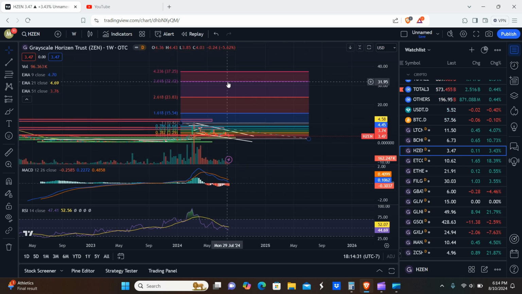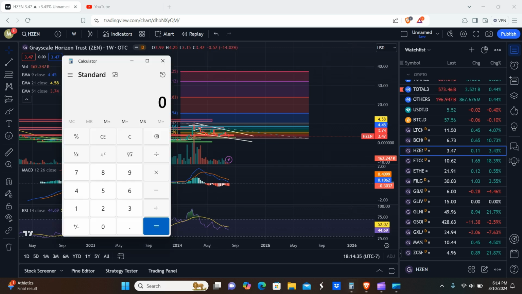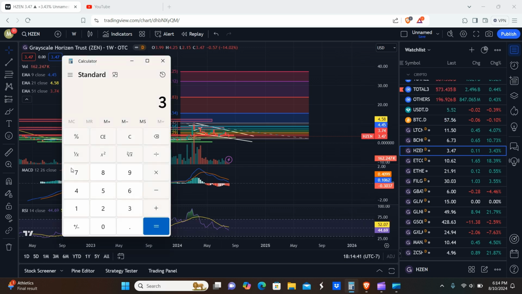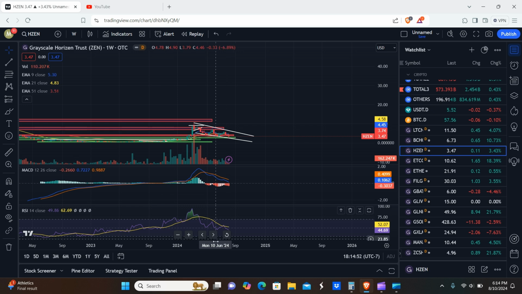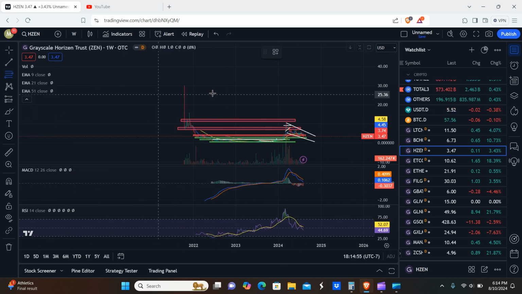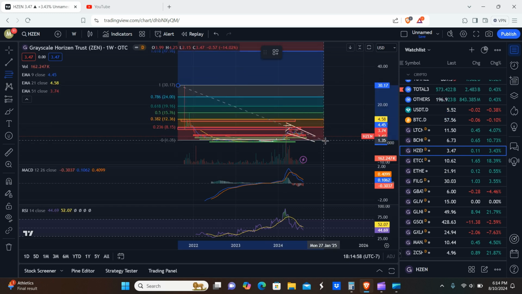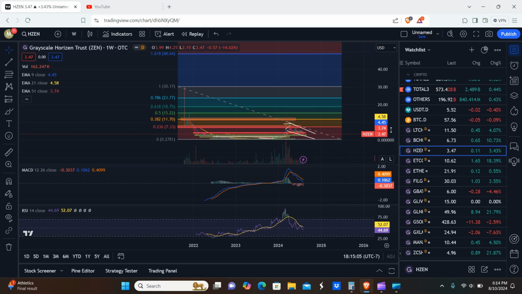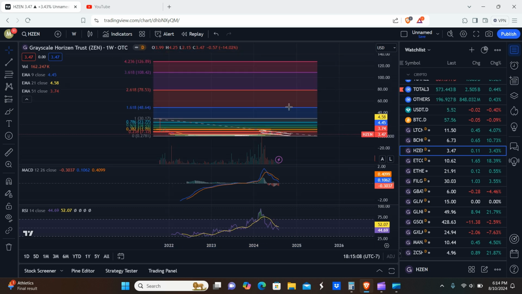So 15, 50, 24, 32, and 37 on HZen. I don't really need to do the math here. On HZen, it's basically just about a 10x, but we'll do it anyways. So roughly about a 10x. That's about 21,500, somewhere in there. A lot of these Grayscale trusts did not actually have a full bull run in the previous cycles. So we do see the peaks for the previous numbers, but we never really got the full sample of our previous bull run on these. So we don't know what's actually possible here.